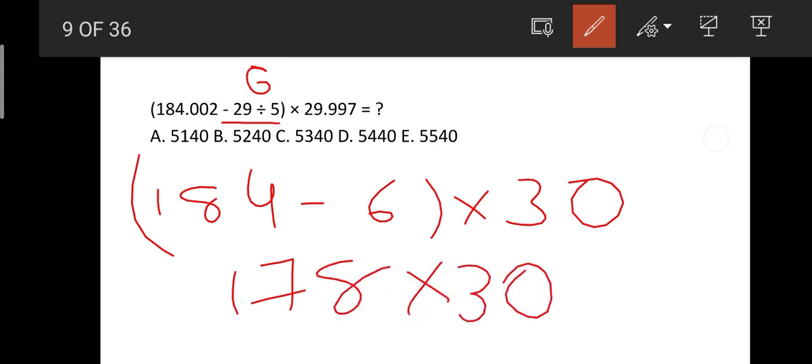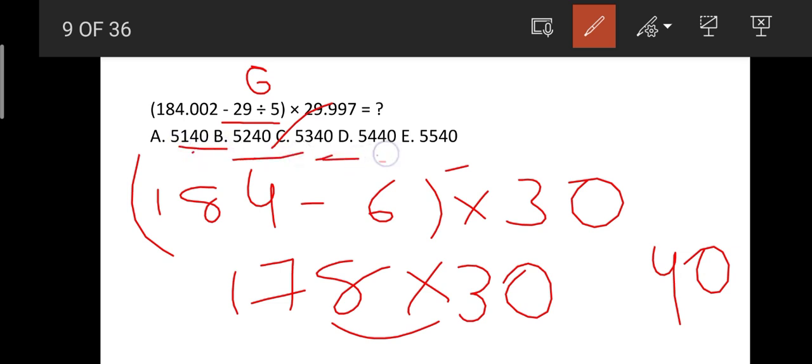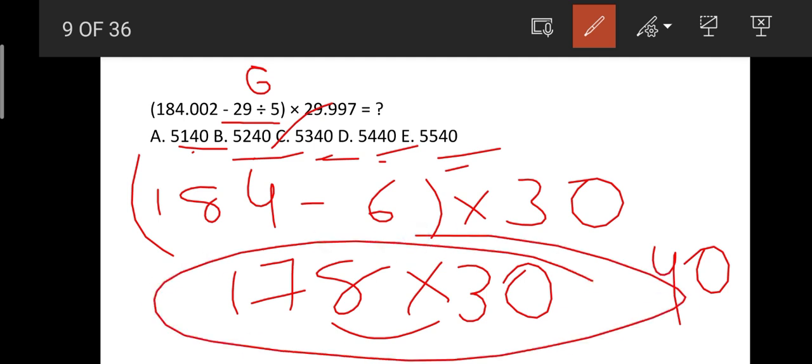So our answer will be 5340. Okay friends, here the second digit we have all 4s only, so that we should go for complete multiplication. Otherwise we can take it as 8 3s are 24, so that the ending letter should be 4. Okay, in this way you can take, but here they have given the options all ending with 40 only, so that we should go for complete multiplication. Okay friends, 178 into 30. I think you have understood this question also. And next we will be moving to our next question.